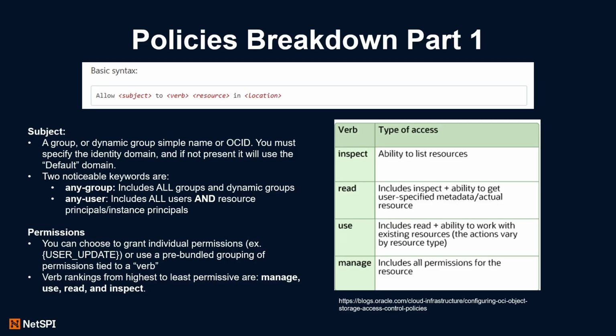If you're coming from the AWS or GCP world, any group and any user are not one for one, but very similar to star or all authenticated users, right, or all users. So from a permissions perspective, those are ones you want to look out for to make sure they're not erroneously applied. And so that's just who's able to do something. And then the permission stage is what can they actually do.